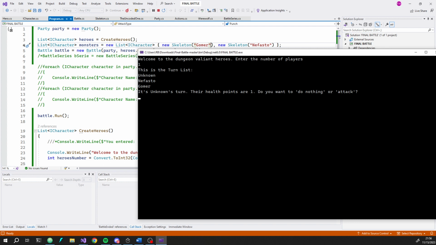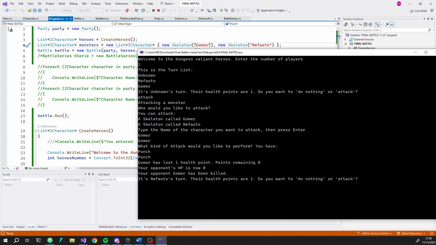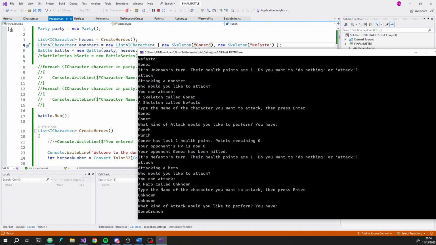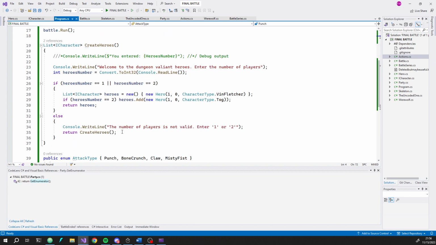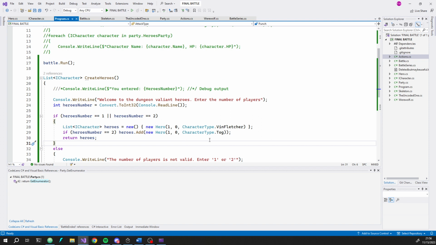I mean, yes, but it's using that unknown hero with no name. So I'm still missing that part. Yeah, that was in here, and I just deleted it. So I'm actually going to